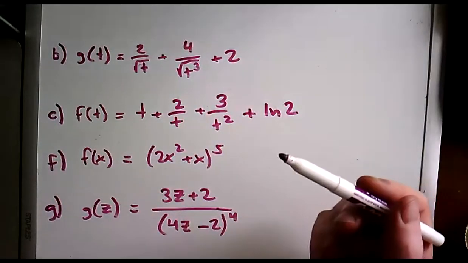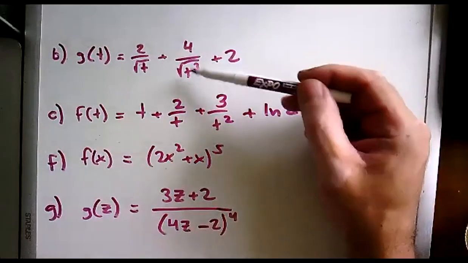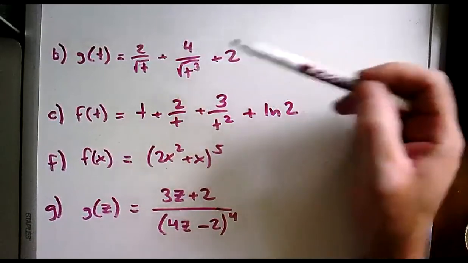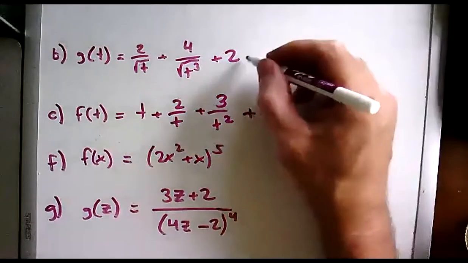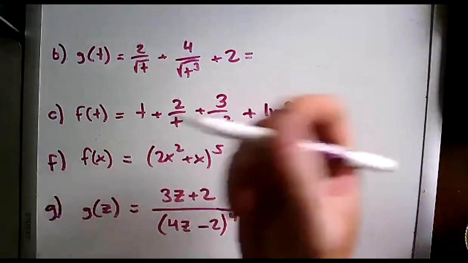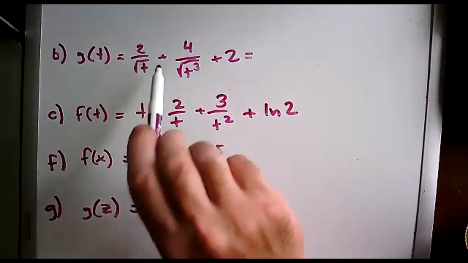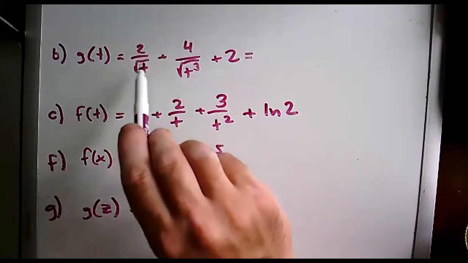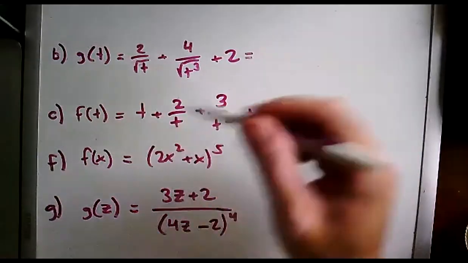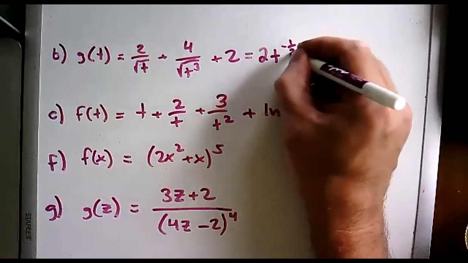I don't know if this is a trick question, but one way to do this problem would be to use the quotient rule and then the chain rule on t and make just a mess out of this problem. But if we just rewrite this problem using exponents instead of roots and fractions, the problem becomes really easy. So the square root of t is just t to the 1/2 power, and dividing by t to the 1/2 power is the same as multiplying by t to the negative 1/2 power. So just by rewriting this as 2t to the negative 1/2,